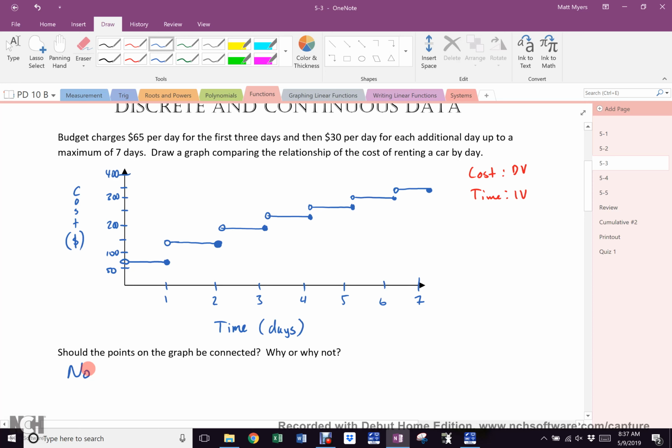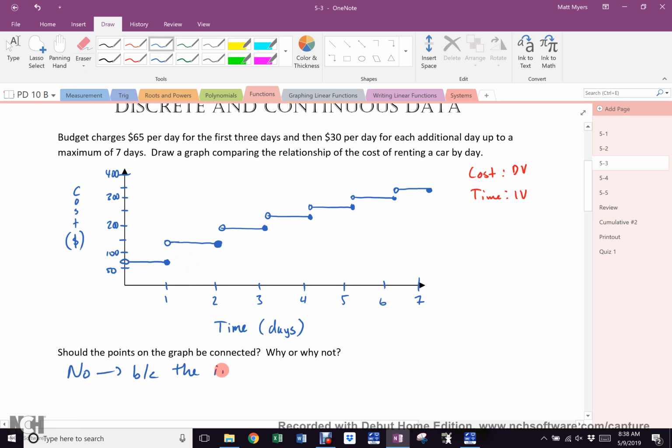But why not? Question 1, no vertical lines. Time marches on. 2, diagonal line through here. What does that mean? What does this line mean? It means I'm paying a different cost throughout the day. Am I? No. I can pay 65 or 130. If I input 1.5 days, I am not paying some output between 65 and 130, am I? So, we cannot connect the dots